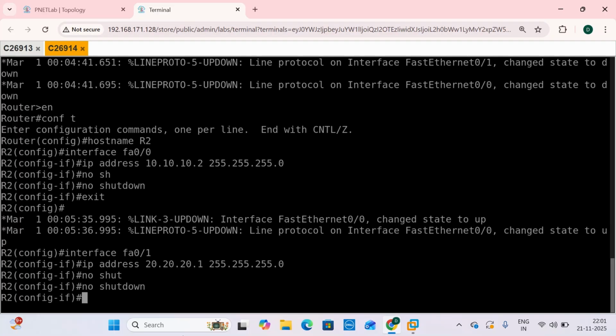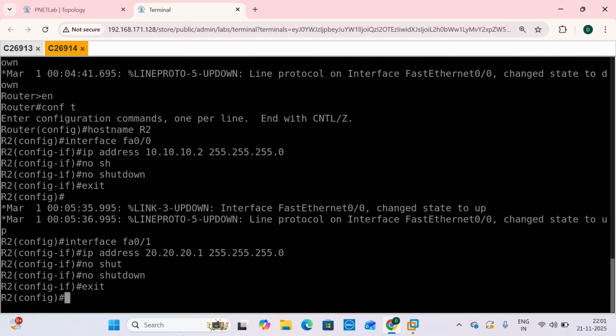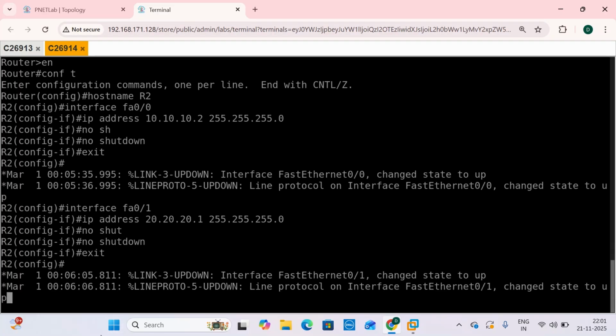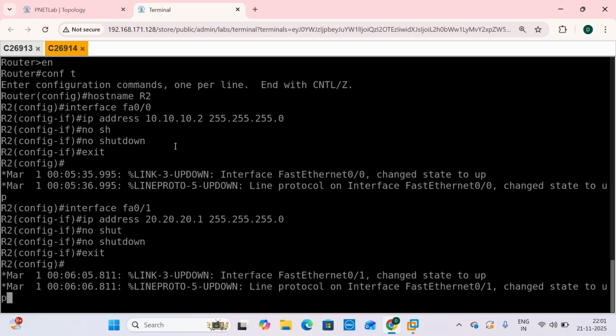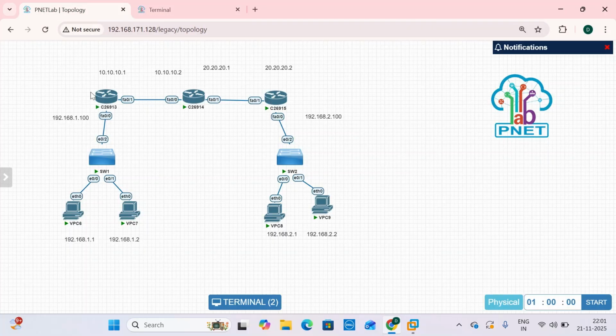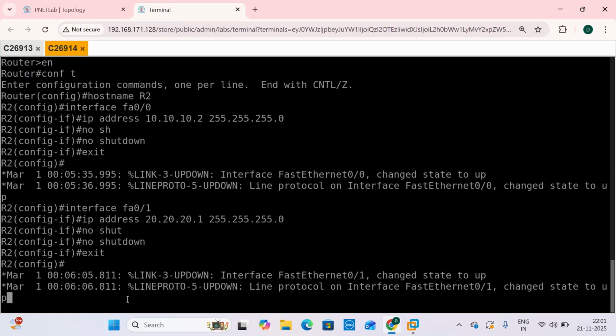No shutdown. Exit. So 20.1 is done. FA0/1 and the FA0/0 10.10.10 network is also done. I can now give the OSPF